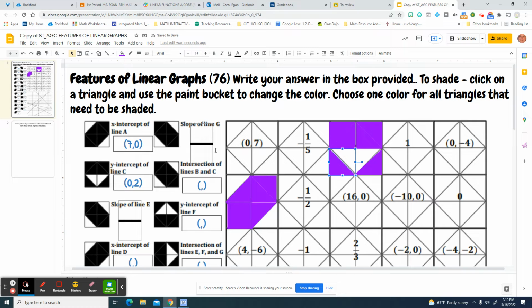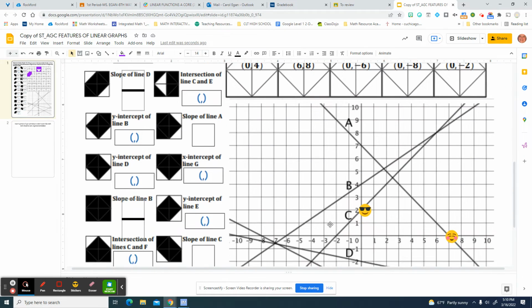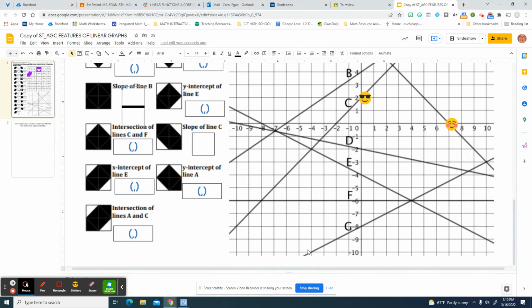Slope of the line of G. Well, we should know that slope is considered rise over run. So first I'm going to find G, and here's G. And I want to find 2 points that are going through a crosshairs. And what we mean by crosshairs is where a gray line that's moving up and down meets a gray line moving side to side. So if I'm looking at G, I should be able to see